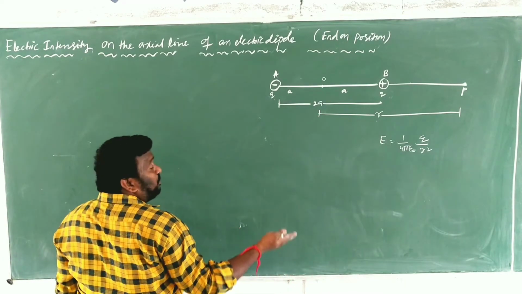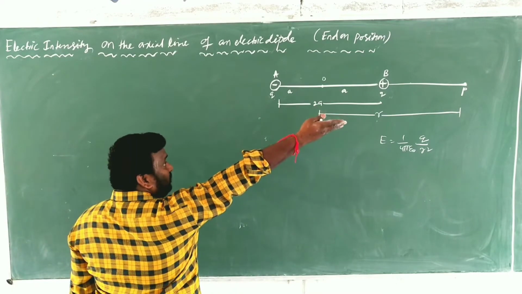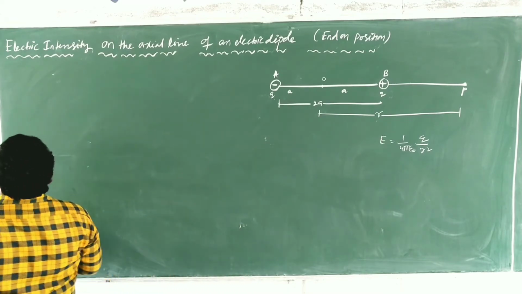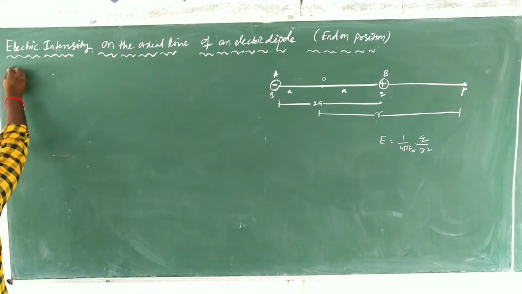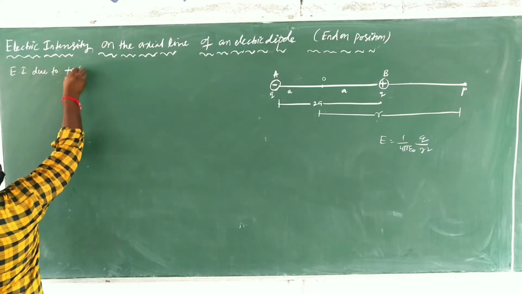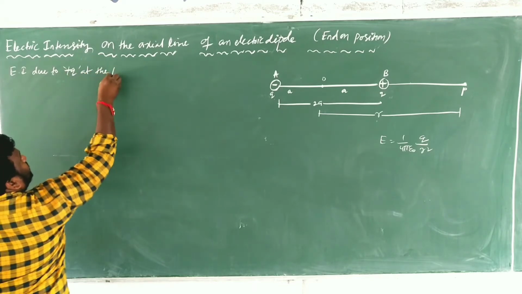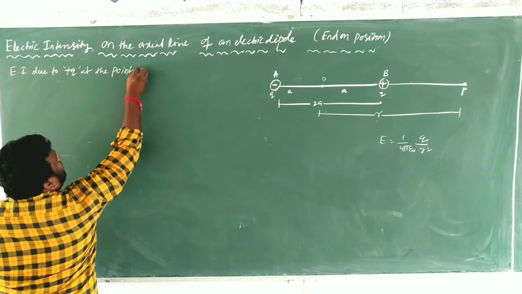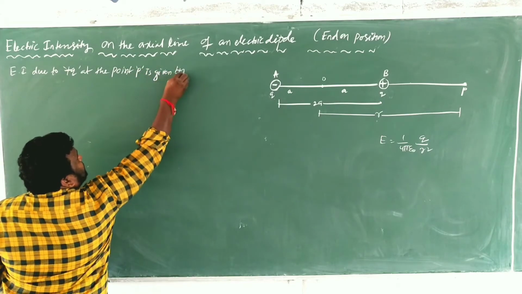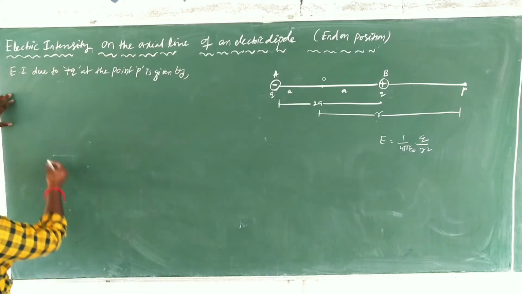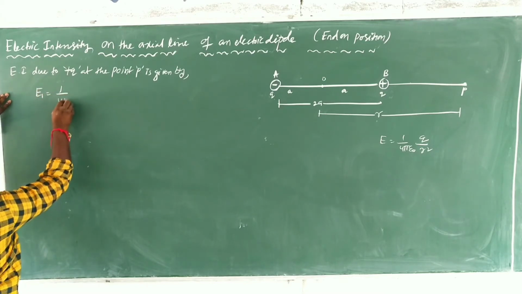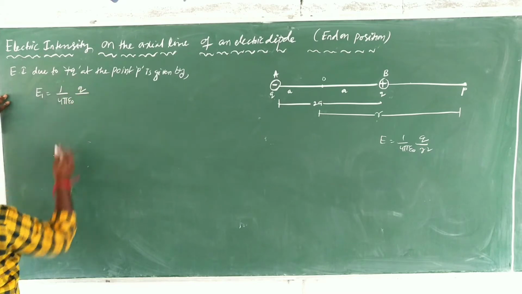So what I told you just now, there is some electric field intensity at the point P because of plus Q and also because of minus Q. That's why here we first have to write them individually. The electric field intensity due to plus Q at the point P is given by E1 is equal to 1 by 4 pi epsilon naught Q by,